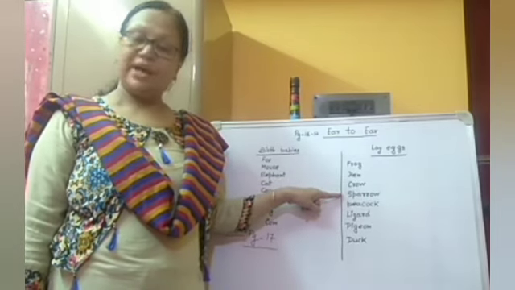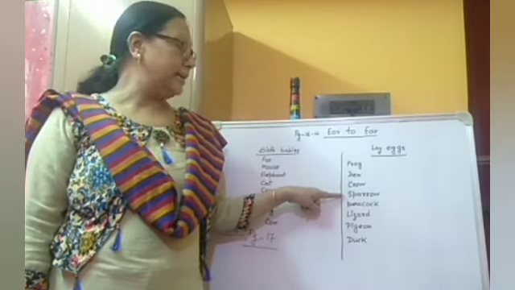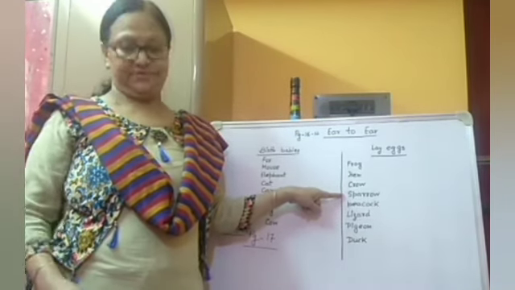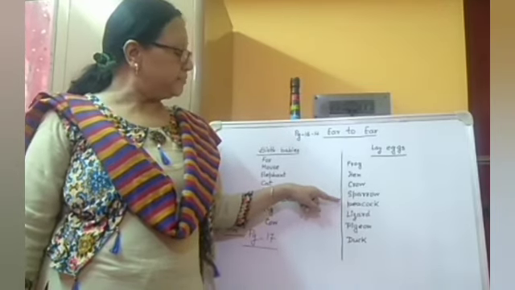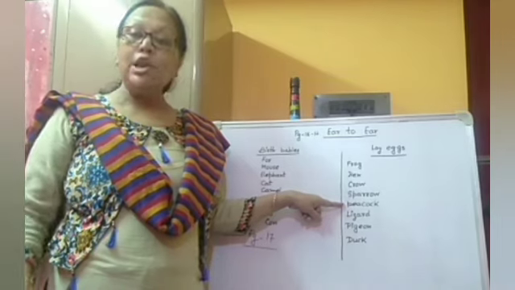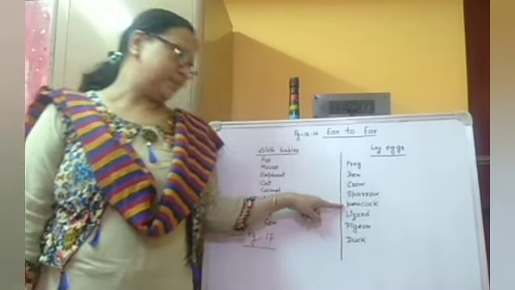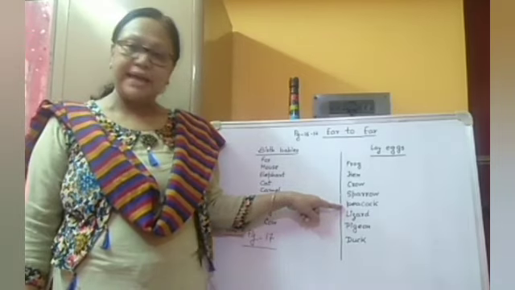Sparrow also has feathers. Its ears we also cannot see, and its feathers are covering its ears. Peacock is the same bird, but peacock does not take long flights. Peacock only takes small flights because it is heavy.